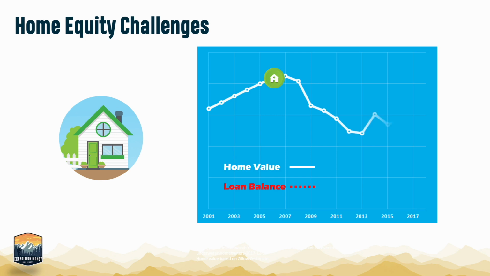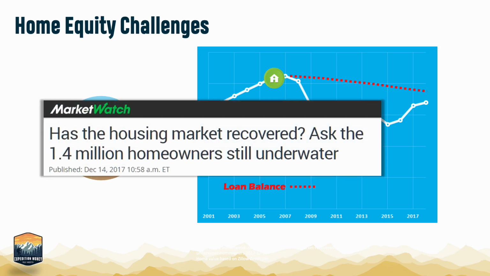What's even more striking is that when we compare it to my mortgage balance, it's still underwater, meaning I owe more on my home than it's worth, which means that I can't sell it. A lot of people find themselves in this situation, not able to sell it, and just left with no choice but to try to keep up with their payments. Unfortunately, this is the spot that 1.4 million homeowners are still in today. This means that modifying an existing mortgage is often the best option for a lot of homeowners.